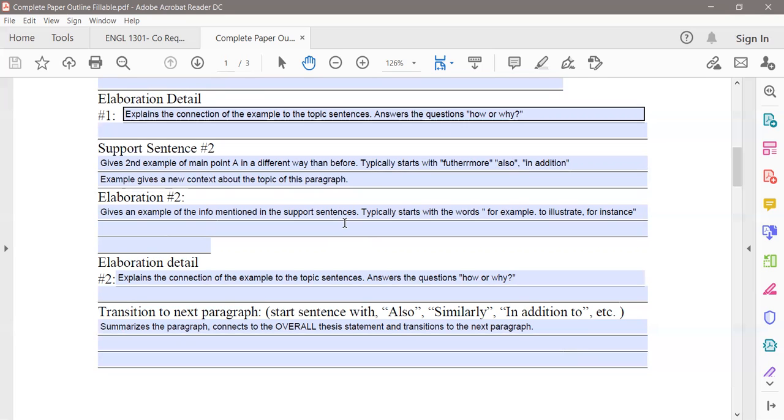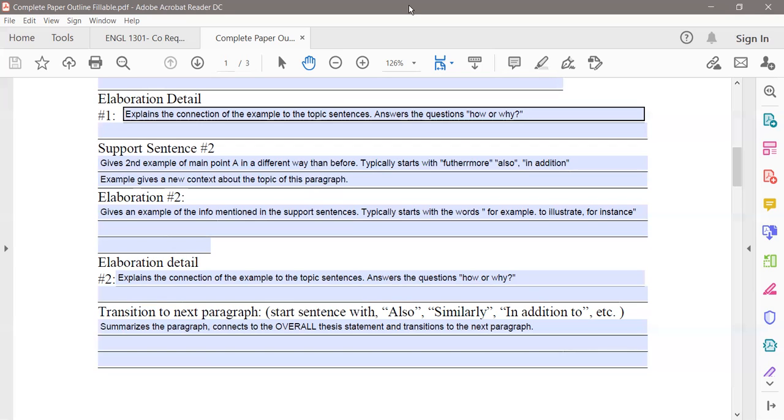Last but not least, you're going to transition to the next paragraph. And so I give you some examples there. I say you can start this sentence with also, similarly, in addition to, just to let us know that we're about to transition to another point that's going to back up your overall thesis. So it summarizes this paragraph. It lets us know again what this paragraph was about, and then it connects the overall thesis statement and transitions